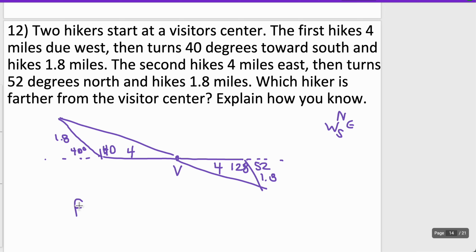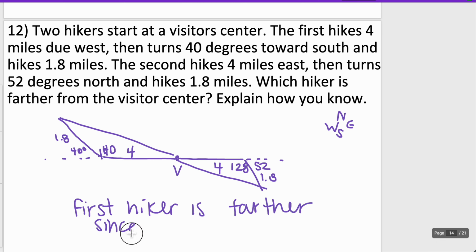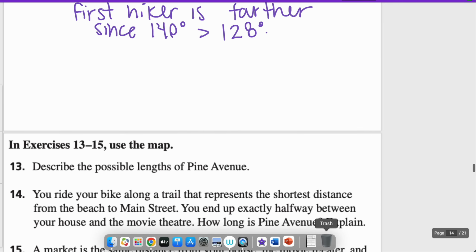So the first hiker is farther, since 140 degrees is greater than 128 degrees. Okay? 13, 14, and